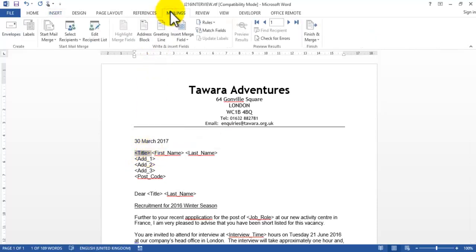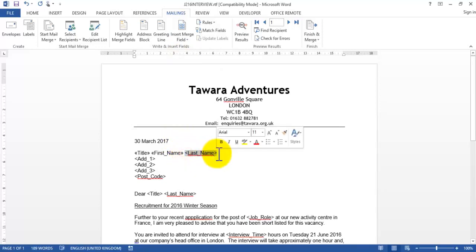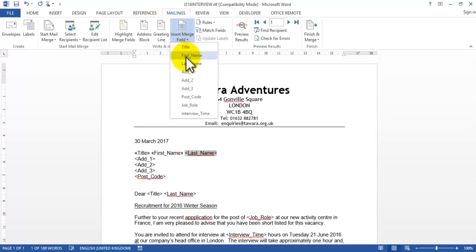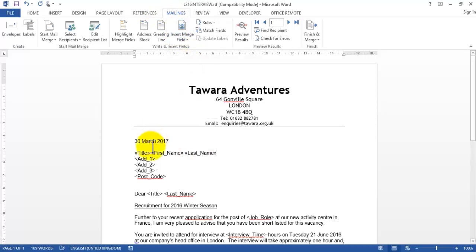We'll go back to Mailings, Insert Merge Field, that's Title. You see the double chevrons showing that we now have a merge field there. First name, tap the space bar for a space again. Last name, Address 1,